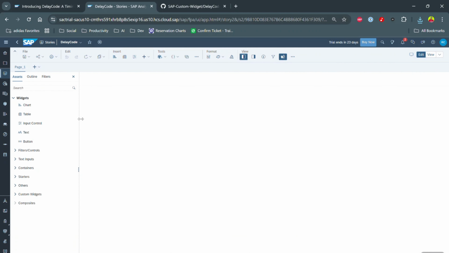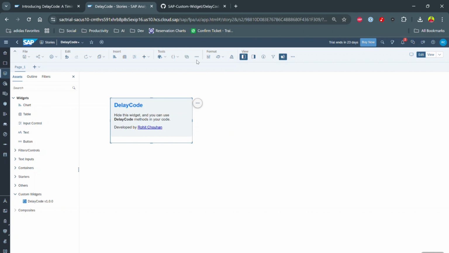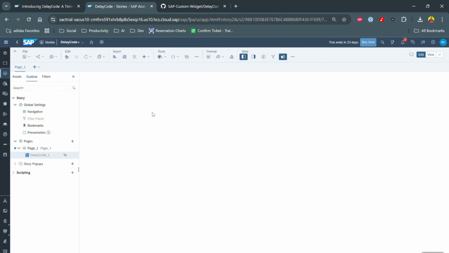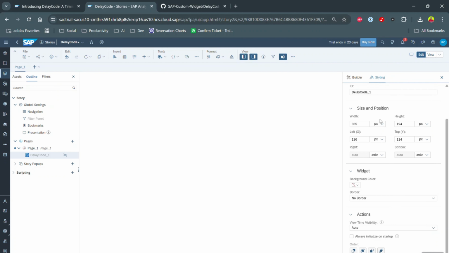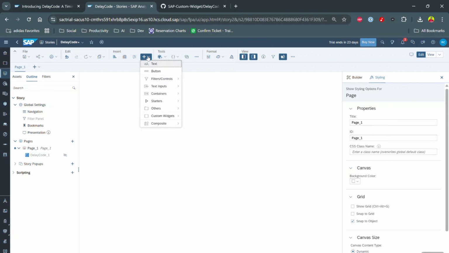Now let's add the custom widget. We have two ways to add a custom widget. You can click on this plus icon, go to custom widget and click on this, or second, you can go to the asset tab, go to custom widget and just drag and drop. It will show something like this, but this is a custom widget, and we are just calling methods, so we don't need to show this. You can simply hide it. Go to outline and click on this, and you can also go to styling and change visibility to hidden. Now let's add one button